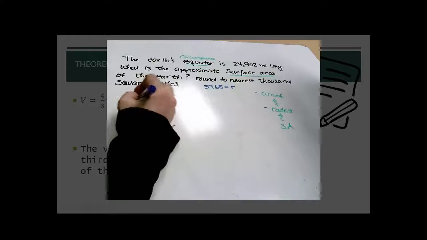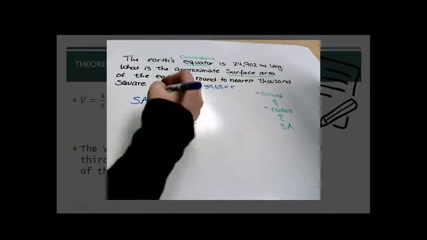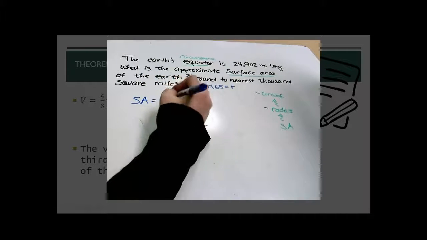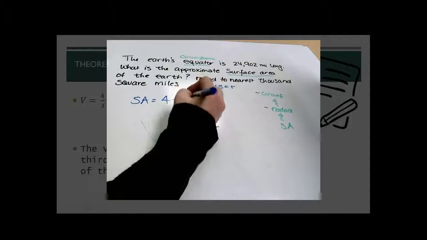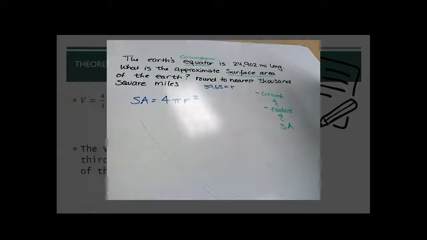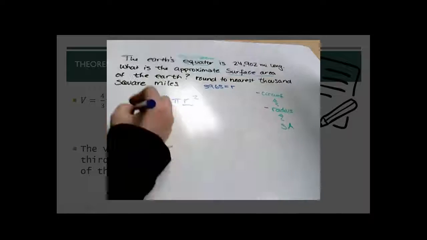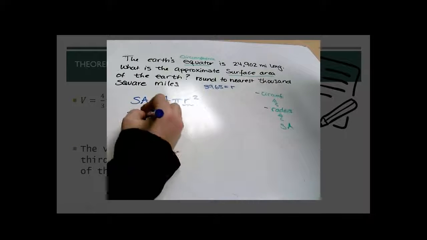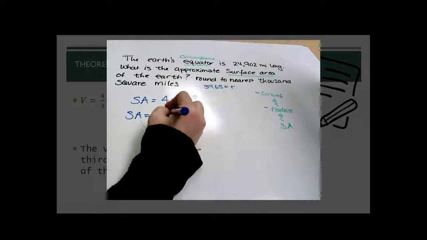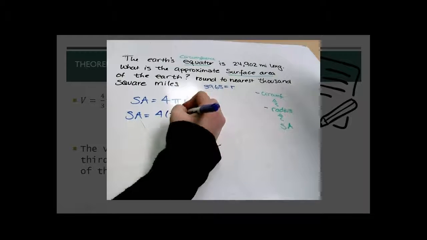So you'll remember surface area equals 4 times pi times the radius squared. That was one of the formulas that we're using in this section. So I'm going to go ahead and plug in the radius of the Earth, and I should have surface area equals 4 times pi times